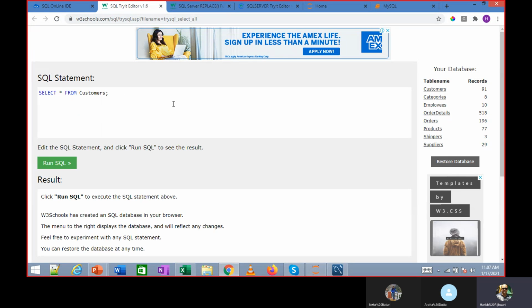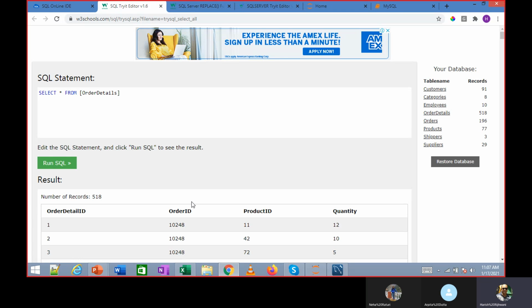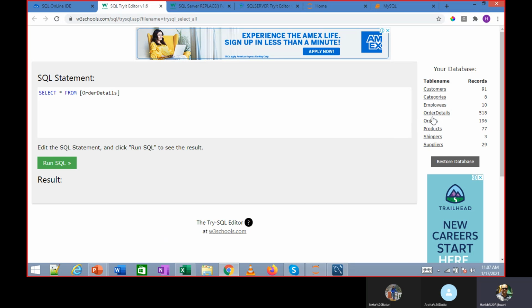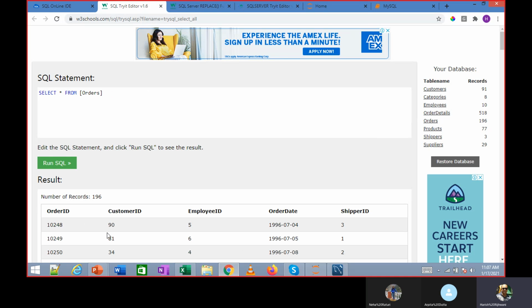So if I look at this, I have the orders table and order details. I have order ID in this. You see this order ID and order detail ID. This is order details. If I go to orders, I have order ID. So select star from orders. If I want to join it, I can do it in a different way.